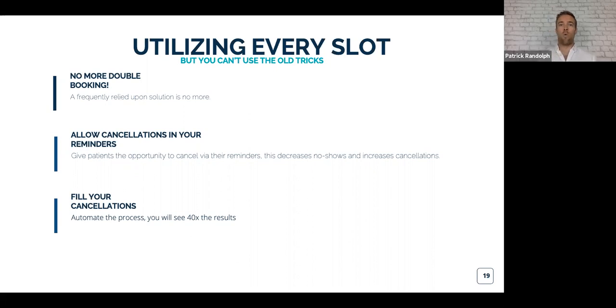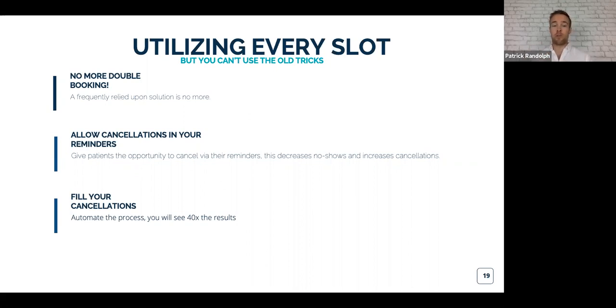All right, now we have an appointment reminder product, and something we've heard from a lot of providers is, I don't want them to be able to cancel because then I'll have a higher cancellation rate. And that's true, you will have a higher cancellation rate, but you will have a lower no-show rate, right? And right now you need to buy time, right? The earlier you find out someone is going to cancel, in fact, you want to encourage people to cancel, the more likely you are to fill it,